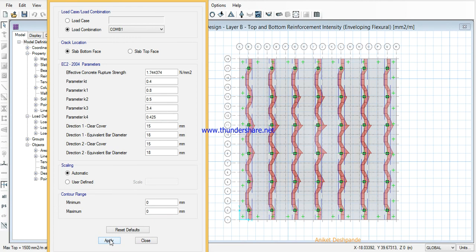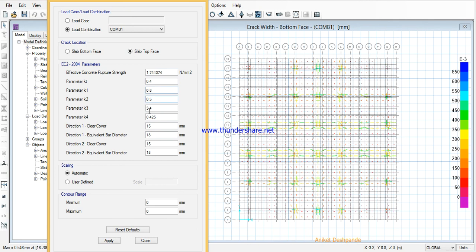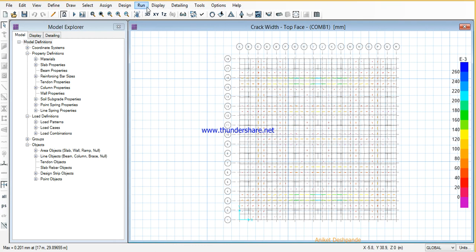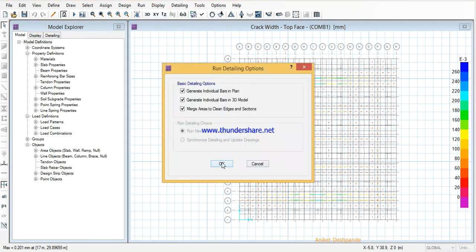crack width, the width of the cracks that might occur due to the load. So these are the number of cracks which can occur. The crack width is less than 1 mm. Here you can see from the color chart. So the maximum being 0.65 mm. So that's not a big issue. At the top face also you can find, maximum is 260 into 10 power minus 3 mm. So once this is done, go to run detailing. Okay,